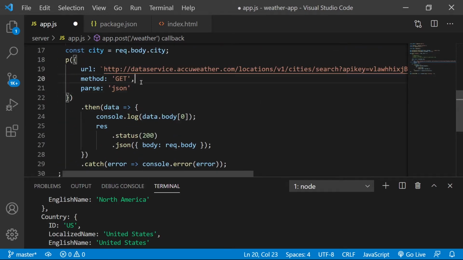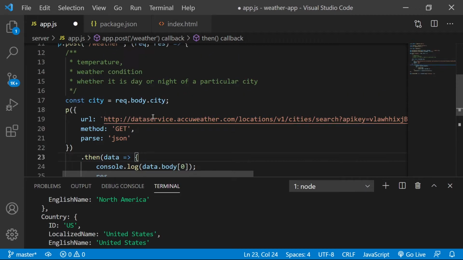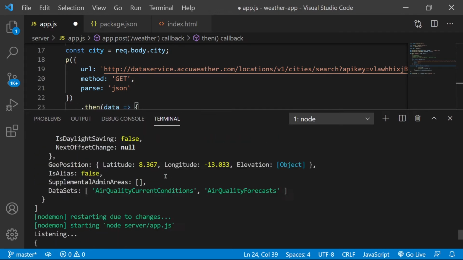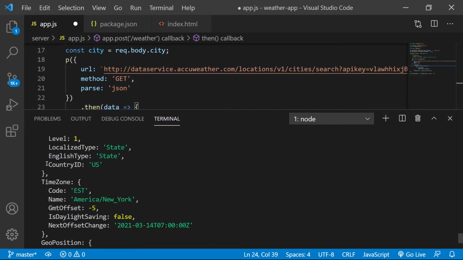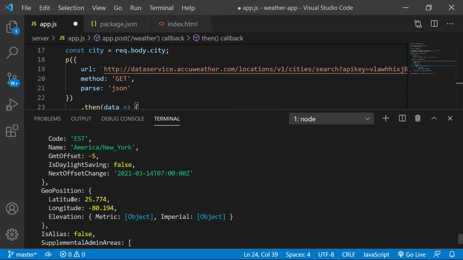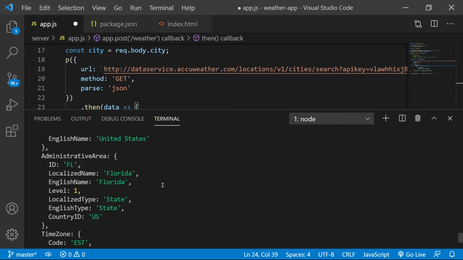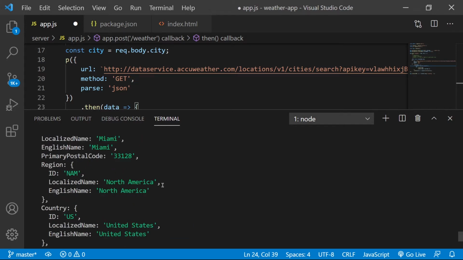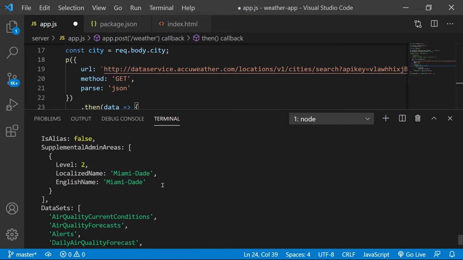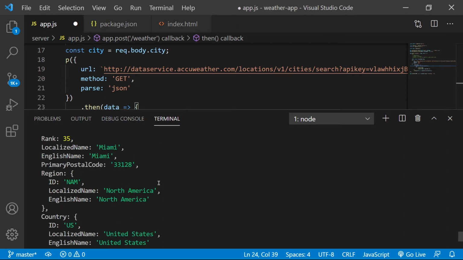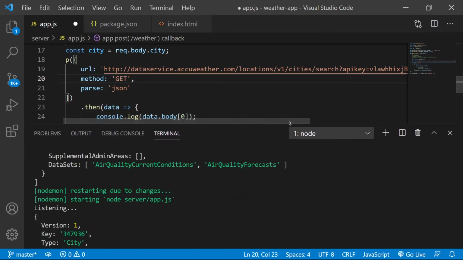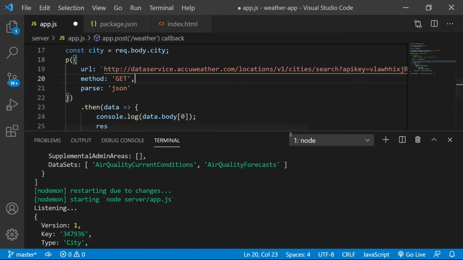And then on here, let's think, we want to get temperature, weather condition. So let's see what the temperature is here. Getting this object here, datasets. Here we go, geoposition. Nope, that's not it. Time zone, administrative, country, localized. Is there something else we're missing here? Datasets, radar. Oh, this just gives us the key, doesn't it? Yeah, the key.